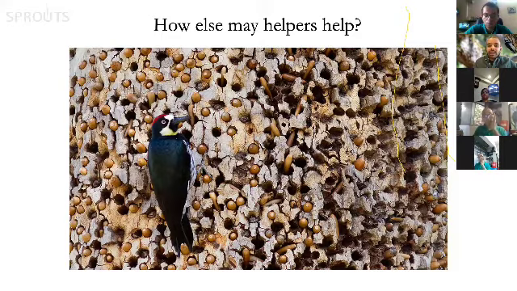So some granaries can take hundreds of thousands of hours to make and accrue over decades of work by acorn woodpecker groups. Having a granary this big is exactly like being born into a Tata or a Birla family, where you have been accruing wealth for generations of your family. So one question that we are asking right now is, maybe the helper's role in this whole thing is